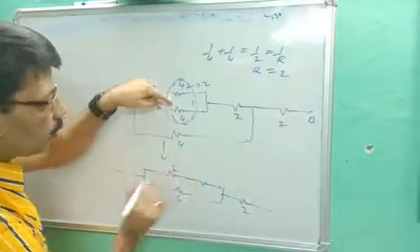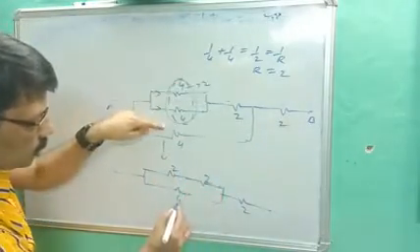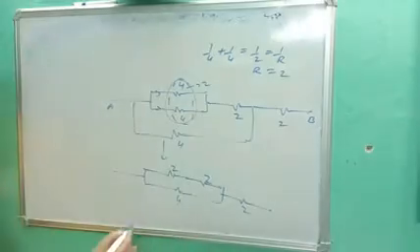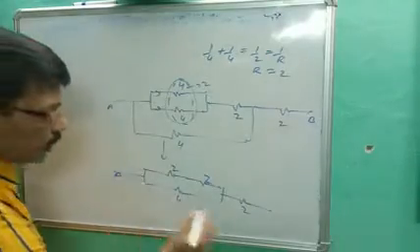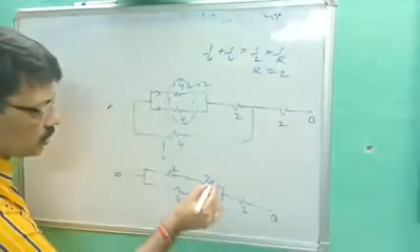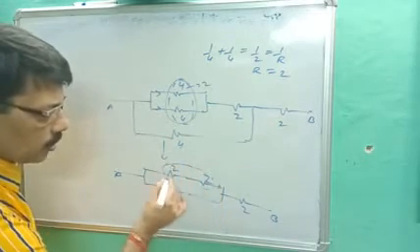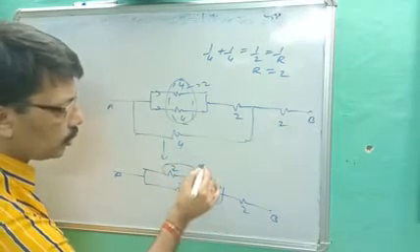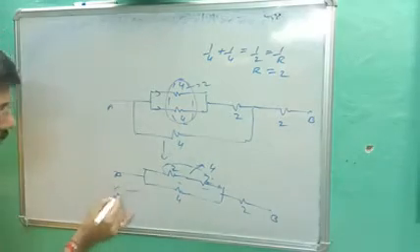4, 4, it becomes 2. This is 2 ohm. This is 4 ohm. This is 2 ohm. Again, okay. This is point A and this is point B. Now, since 2 and 2 are connected in series, 2 plus 2, again you will get 4 ohm. Now again make another diagram.